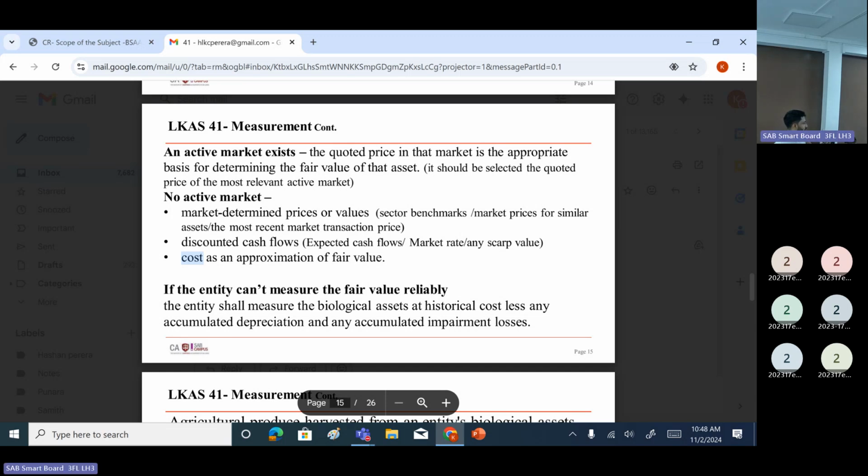In that active market, we have that fair value. The transaction price will be decided based on the demand and supply. So that is called active market. Right? Features of active market, you can search. There are features. So then, Colombo Stock Exchange is the only market complying with those features. So, searching the price for some other